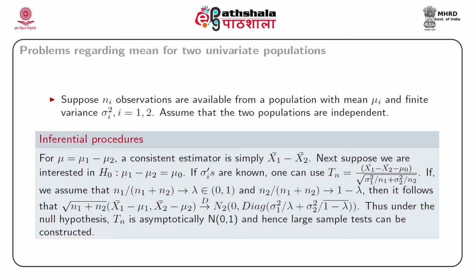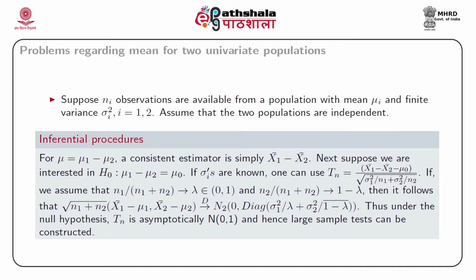Next, suppose we are interested in testing mu1 minus mu2 equal to mu naught. If sigma is known, one can use the statistic Tn defined by x1 bar minus x2 bar minus mu naught, the whole thing divided by square root of sigma 1 square by n1 plus sigma 2 square by n2. If we assume that the ratio n1 divided by n1 plus n2 tends to lambda, which belongs to the open interval 0 1, and the ratio n2 divided by n1 plus n2 obviously approaches 1 minus lambda, then it follows that square root of n1 plus n2